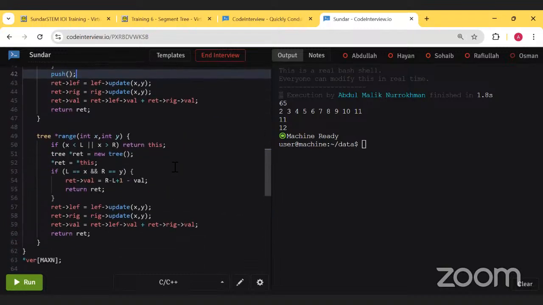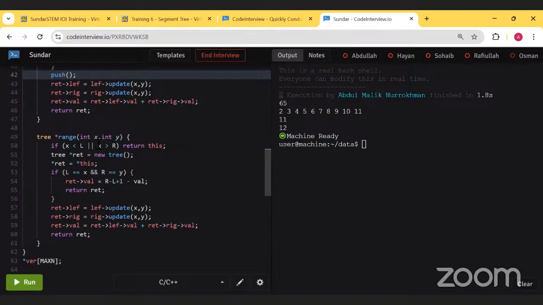And also for the range update, for this problem, we don't need to push because we only update in the upper segment tree, not until the lower segment tree. So we will never access the lazy update. Okay, then